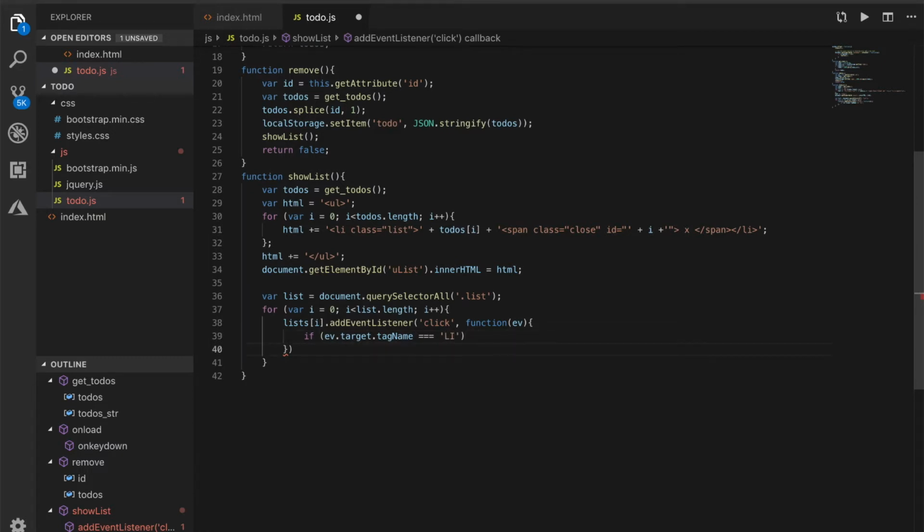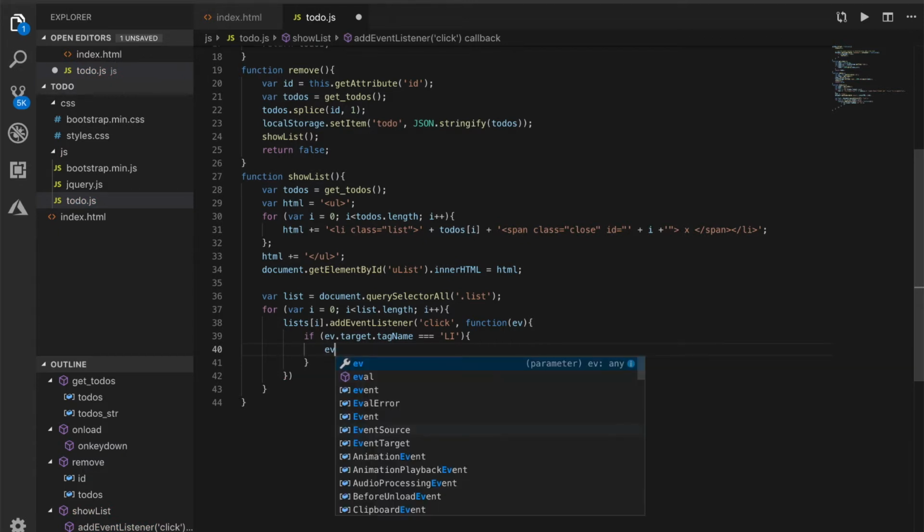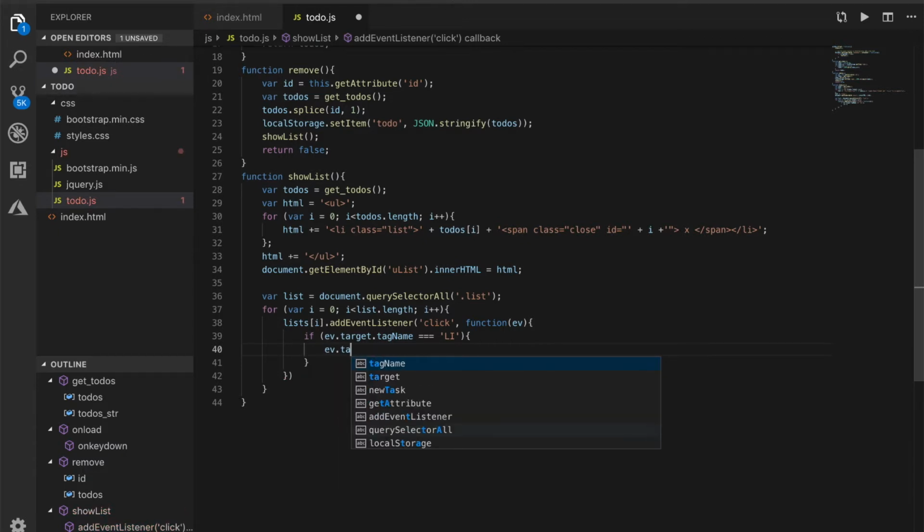Yeah, let's do that in capital letters. Then classList.toggle